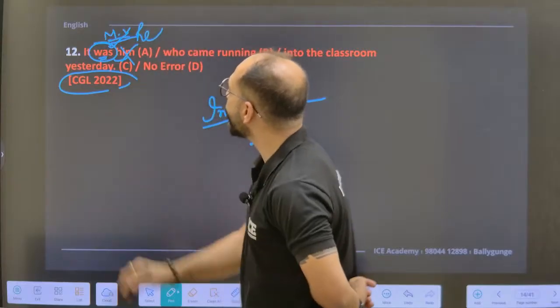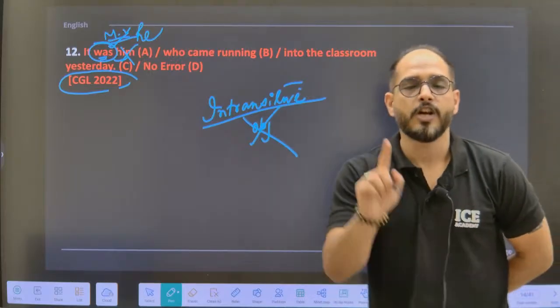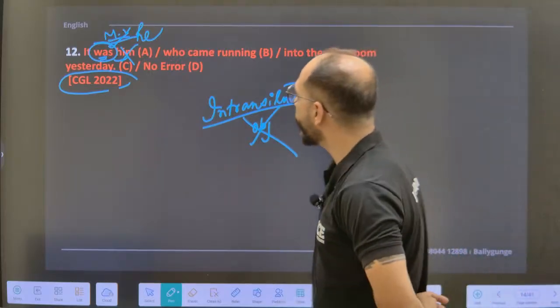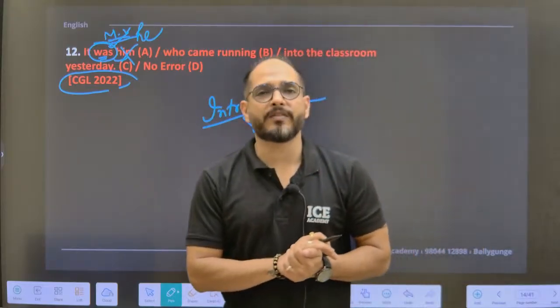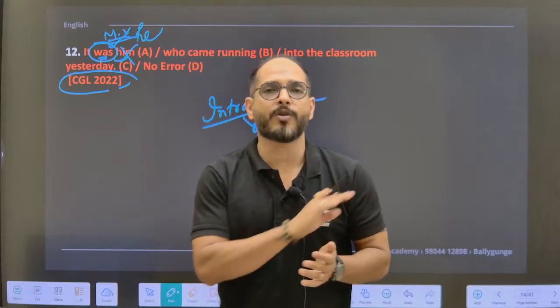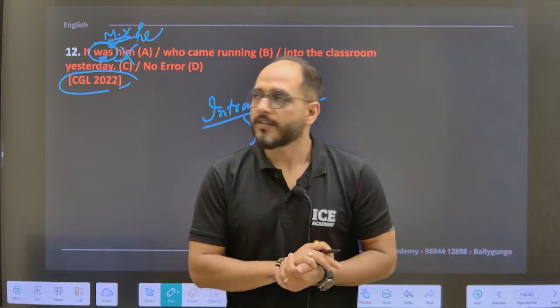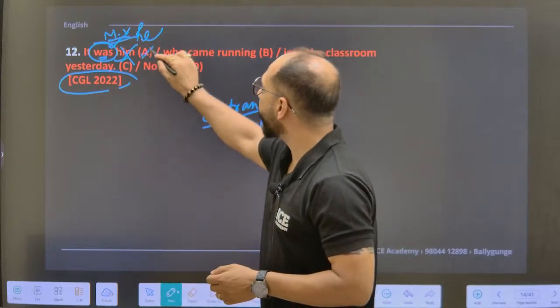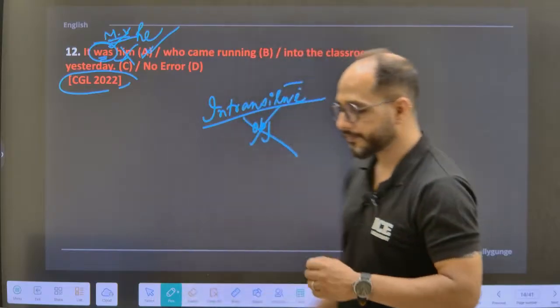It should be, it was he who came running into the classroom. It was he who came running into the classroom. আবার বলছি, তাহলে সহজে বললে কি বলবো? When be verbs are the main verbs in a sentence, we always have to use a subjective case pronoun, never an objective case pronoun after be verbs. মনে থাকবে? তাহলে the sentence has an error in the A part. A পার্টে আমাদের এরর রয়েছে সেন্টেন্সের।